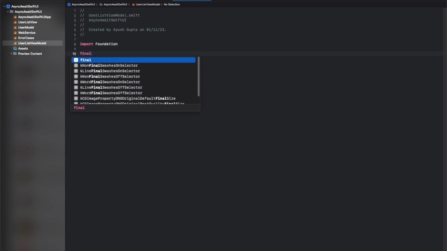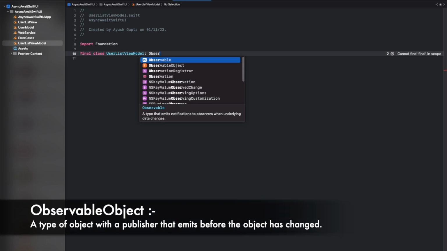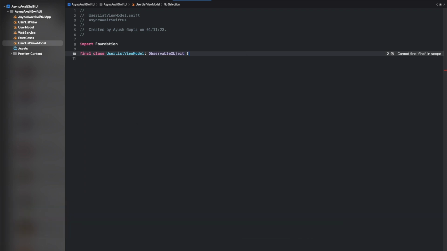So final class UserListViewModel, ObservableObject, we will use this one. After that, let me create one function for getting the response or API call, getUsers,